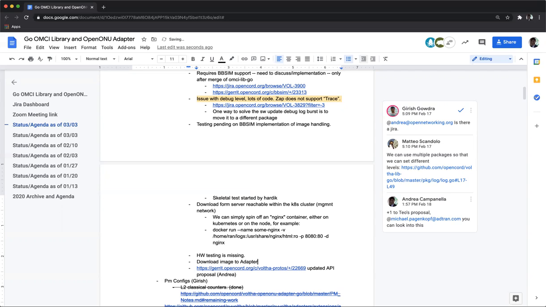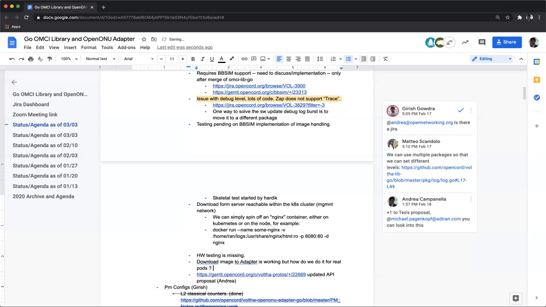So basically the download itself is working, but we have to discuss how that should be done for the real PODs. Another question would be how we should do that kind of testing together with BBSIM. This is something that still needs to be discussed to have a solution for that. But mainly the point is that it's basically working.